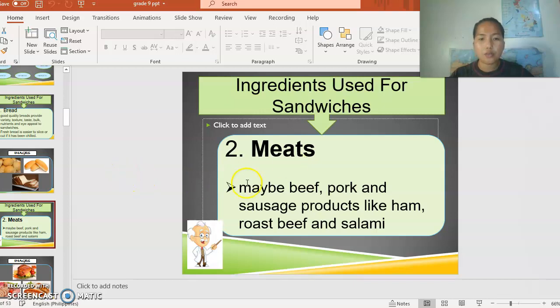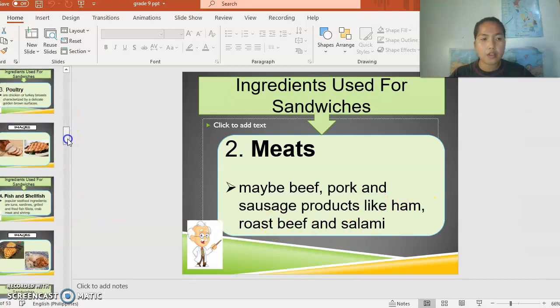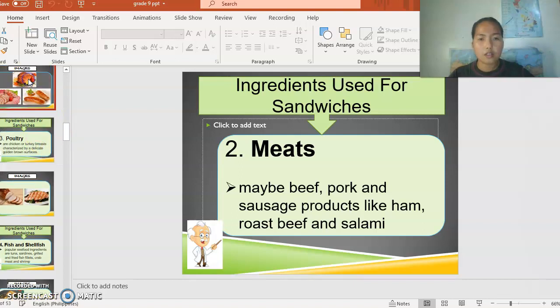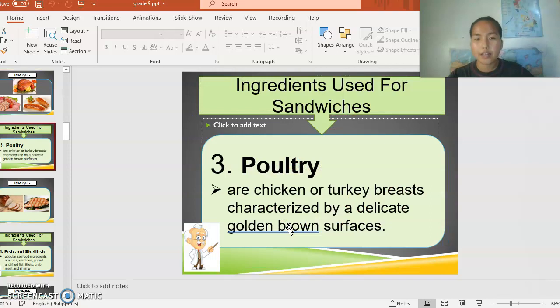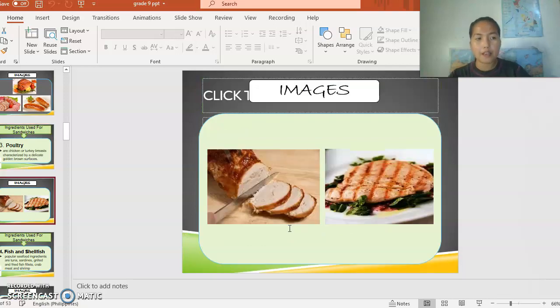Meat used for sandwiches like ham, salami, roast beef. Examples, this one. We also have poultry, chicken or turkey breast, characterized by a delicate golden brown surfaces. Also just like this one, because this is